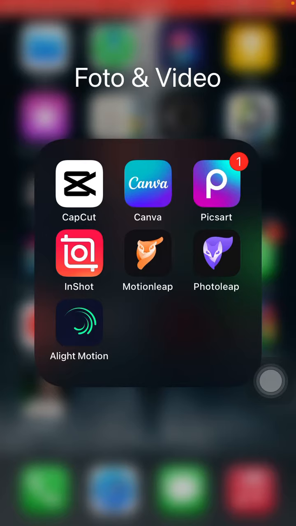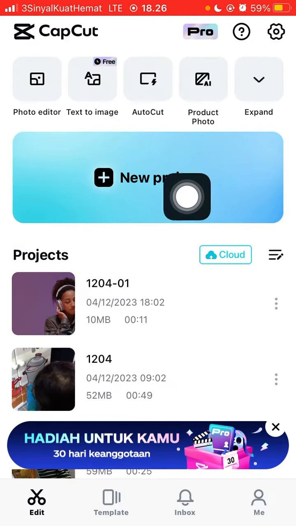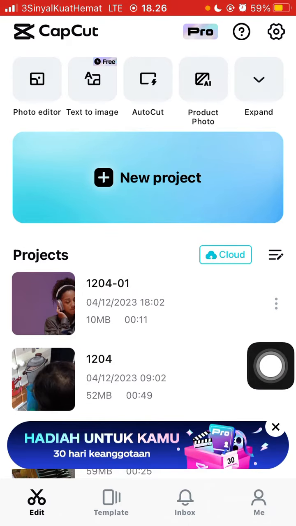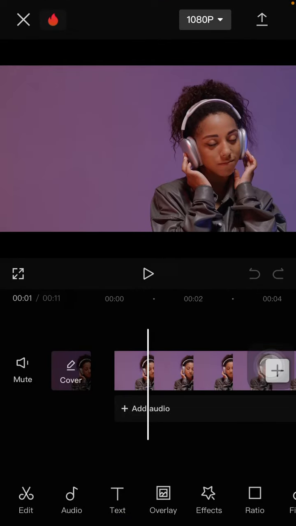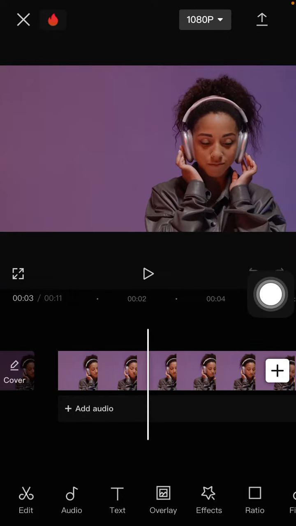In this simple video, I'm gonna show you how you can turn your face into a doll in the CapCut app. Okay, open the CapCut app. Okay, it takes a long time. Go to edit and select new project and select your videos or photos that you want to edit. Okay, I already have one project with one video, which is this video in the CapCut library in the stock